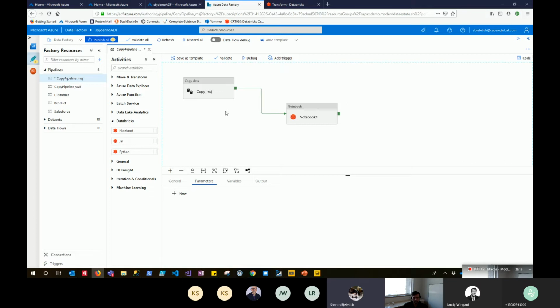But SSIS is also really focused on that transformation. In the cloud, it's kind of a different approach. You load it, and then you do some transformation. So rather than in transit, in flight, which is the way you needed to do it when you were on